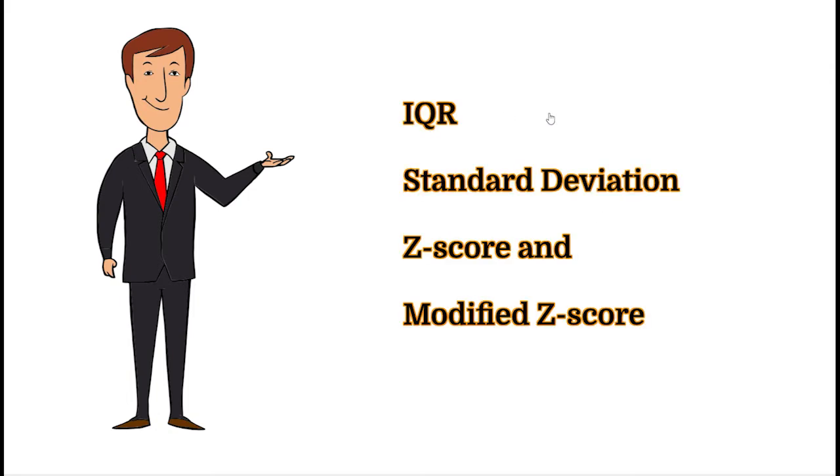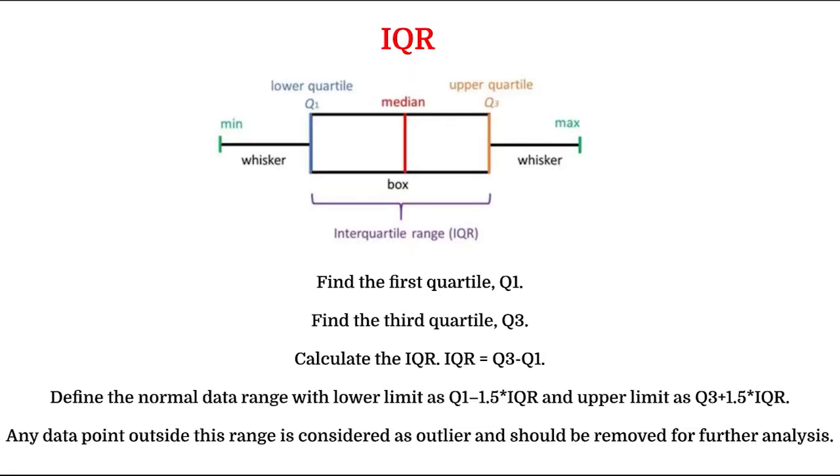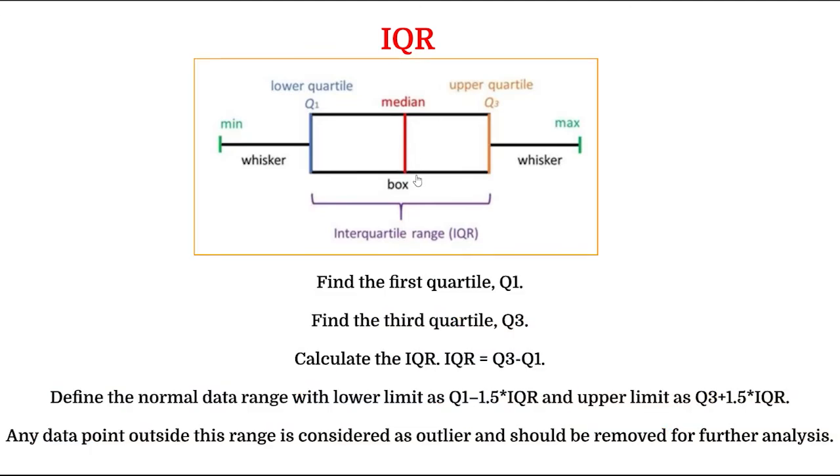IQR stands for interquartile range. Interquartile range is one of the most extensively used procedures for outlier detection and outlier removal. According to this procedure, we need to follow some steps that I'm going to discuss here. To demonstrate the IQR method implementation, I need to show this box plot. A box plot is very handy to demonstrate this, which includes the lower whisker, the upper whisker, the